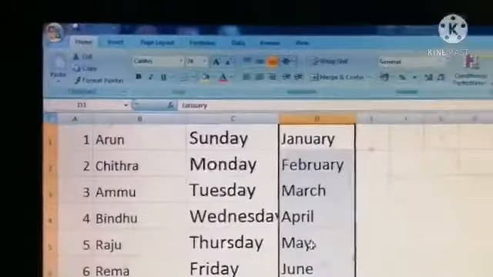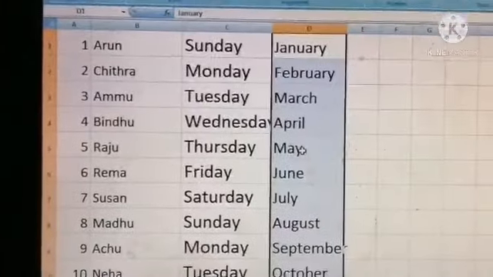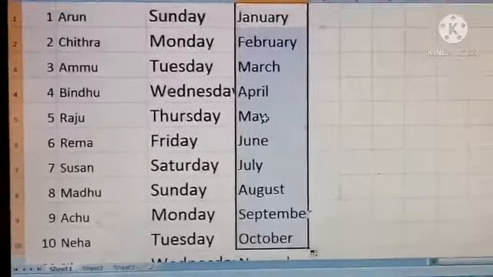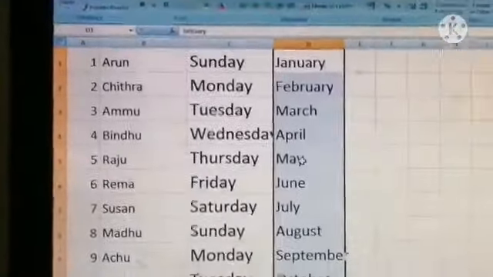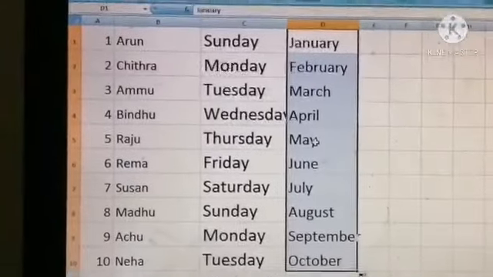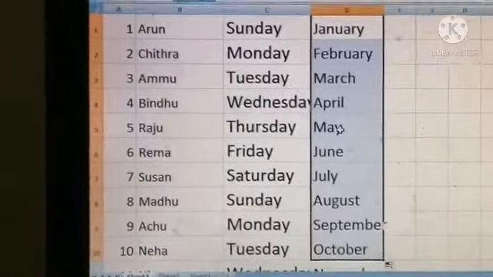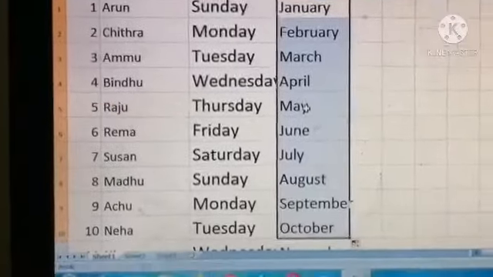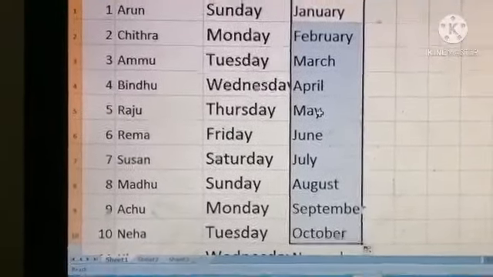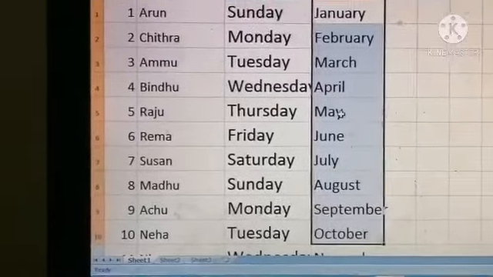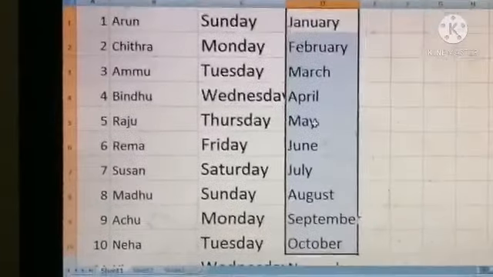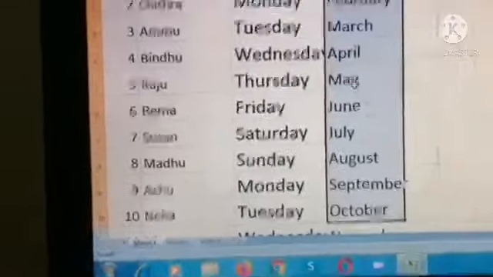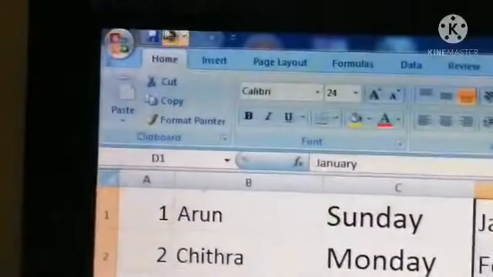Okay. Next is saving a file. That means after creating all our work, we have to save this file for future use. If I enter 6th standard students' details, their name, their roll number, their date of birth, etc., after creating the 6th standard students' details, I have to save my file for future use. At that time we use the save option. This save option is present here.